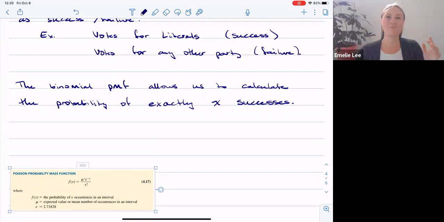And what's pretty cool, what you've probably already seen, is that you could apply a normal approximation to the binomial if your number of trials is large enough. But we'll parking lot that, and probably never come back to it. Anyways,